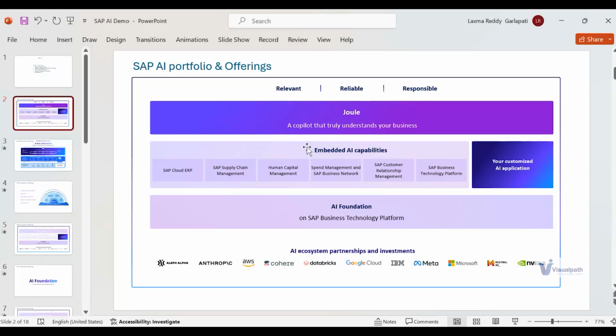What does it mean for us? It means that when you look at the SAP ecosystem over the decades, they would give some standard business functions enabled by Joule, and many SAP customers, 90% of them, would have their own business requirements, custom requirements. Those who work in the SAP area are aware of how customized SAP systems are today compared to the standard SAP functionalities or business processes delivered by SAP, right?